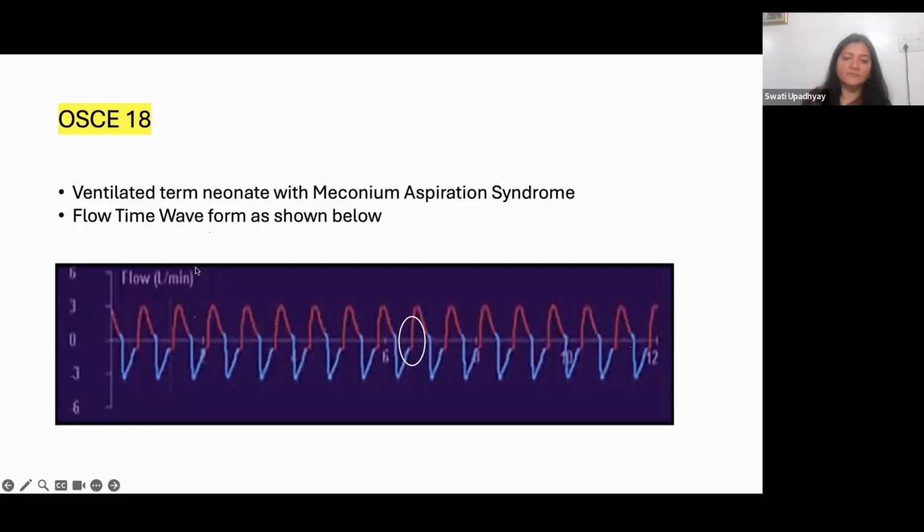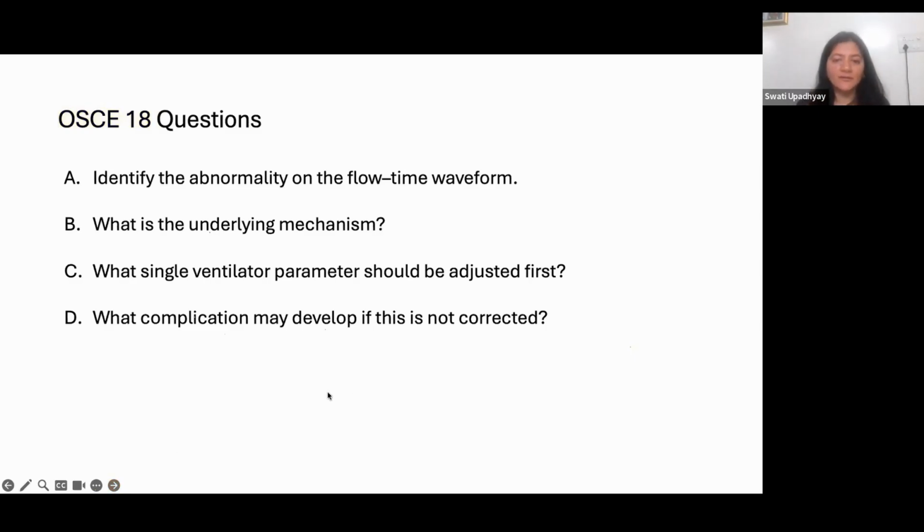We have another flow time waveform now, a ventilated term neonate with meconium aspiration syndrome, and the flow time waveform is as shown below. Yes, I think Aparna has rightly mentioned already that we can see air trapping here. So identify the abnormality. There is air trapping. And what is the underlying mechanism? Okay, short TE. Insufficient TE. Excellent. Yes. So basically, your inspiration is starting before the expiration has ended, and it can happen if